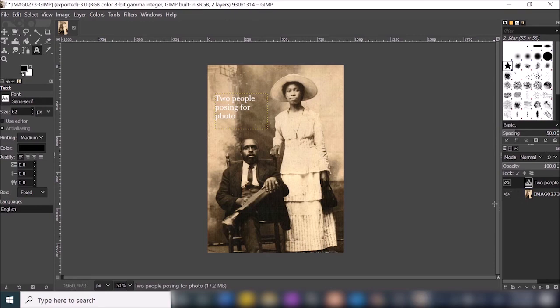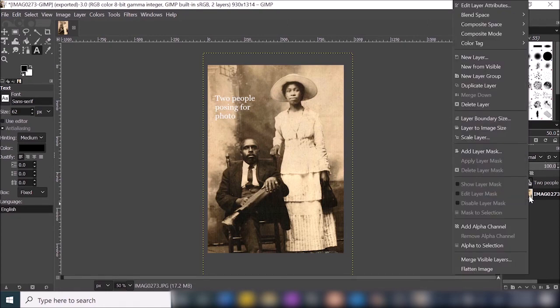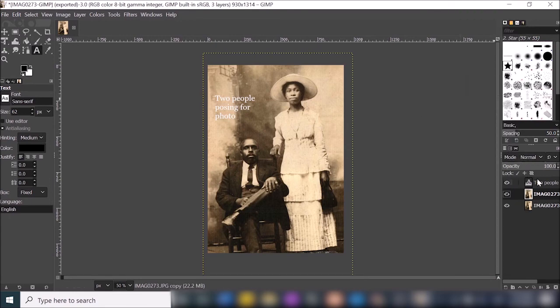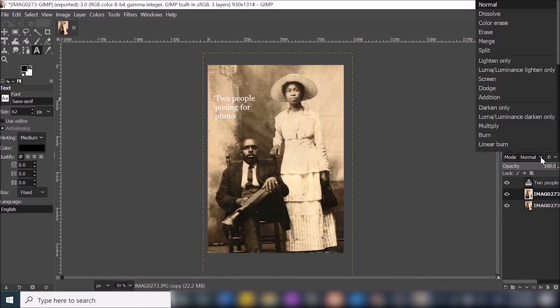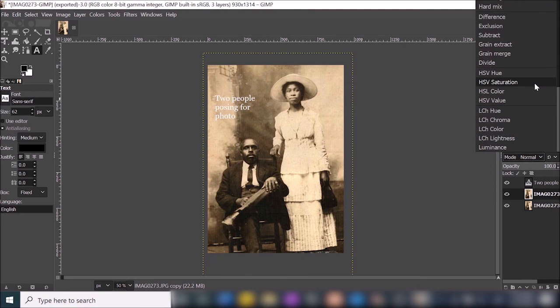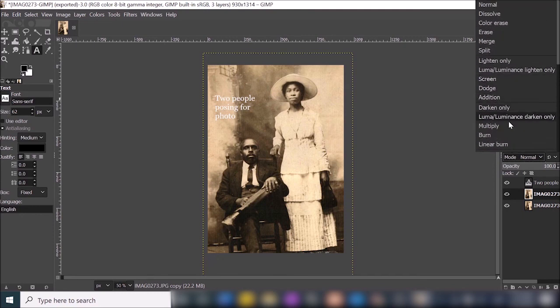Now, another cool thing that you can do with GIMP is you can actually duplicate layers. So to do that, you right click on whatever layer you want to duplicate and click duplicate layer. And you can actually apply all kinds of different effects to it. So if I want to change the mode of the image, currently it's set to normal, which means that it's just coming in as I've opened the image. It's at its basic format. If I click on normal, I can choose from a variety of different format settings. And here, I think I'm going to do